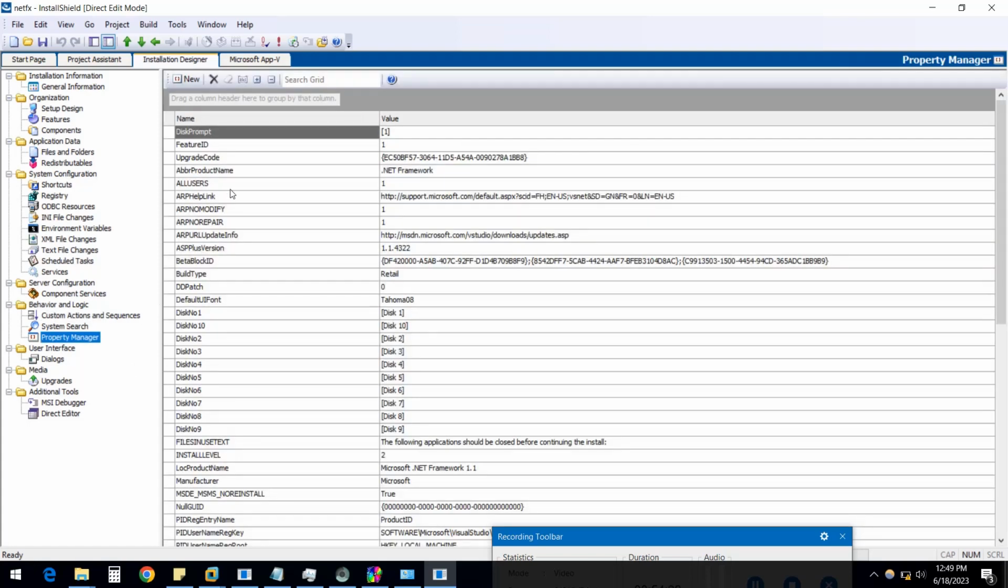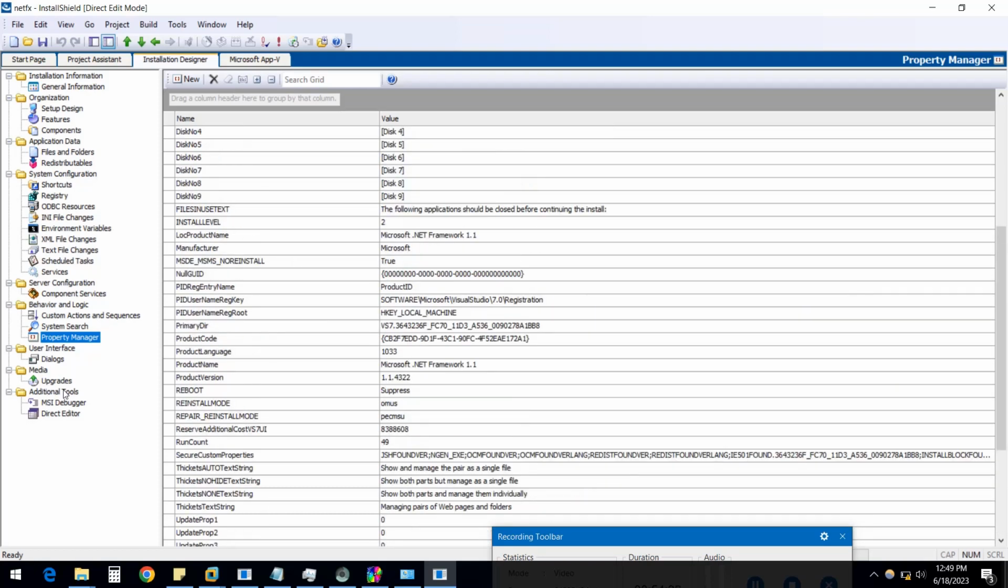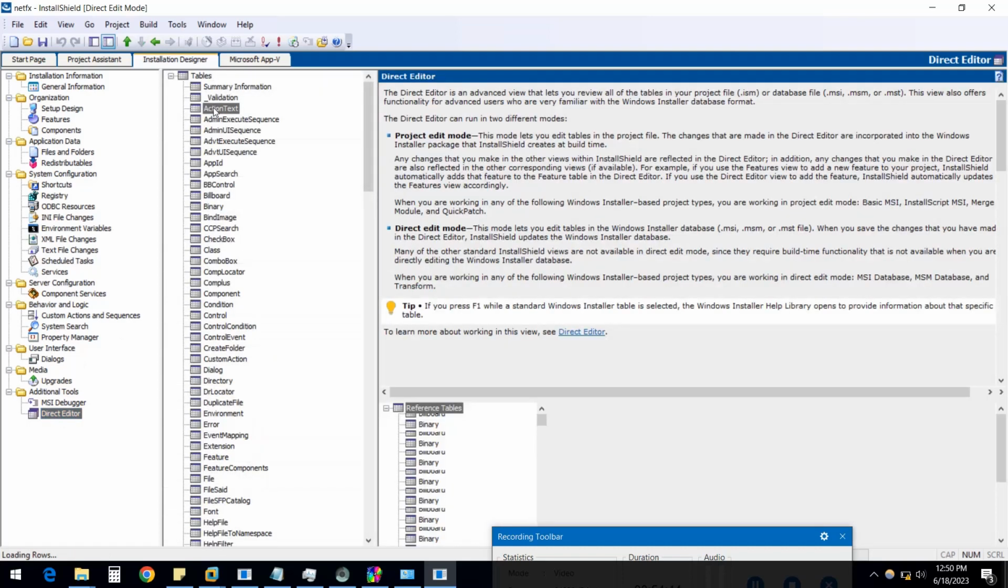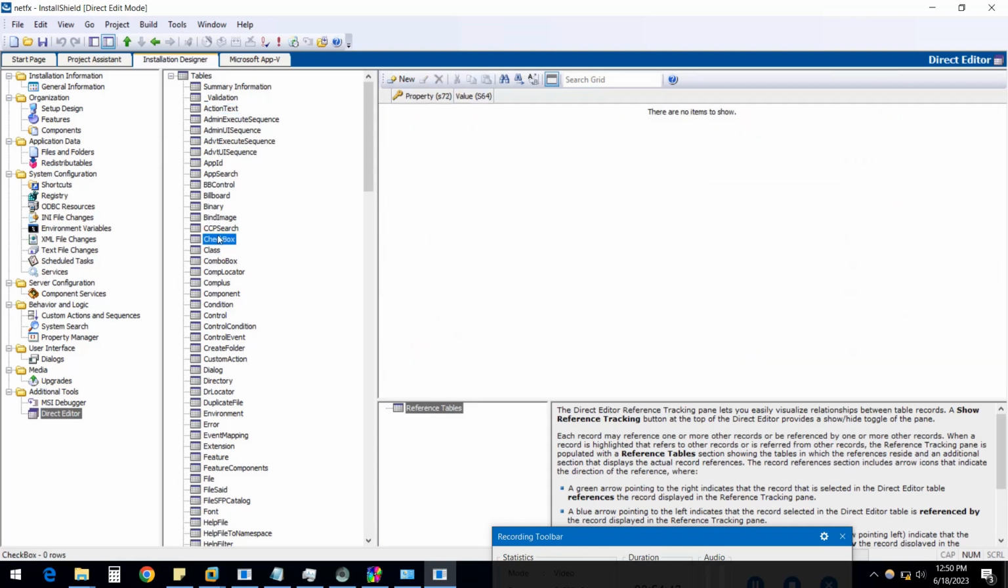And if you come to the property manager, the property manager will have the default property values. This is very important. Every organization will follow this property manager. And then again I am coming to the directory itself. Under the directory editor you will see the tables, all the tables. Here you can see the file table, the shortcut table, the checkbox table. So these are all the tables. In an interview they might ask what a component table is, how